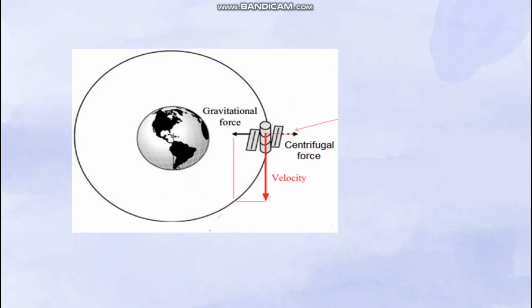This is the same case with the satellite. The gravitational pull provides the centripetal force, and the angular velocity which the satellite has in that particular orbit will provide centrifugal force, which exactly balances the gravitational force, and thus satellites remain in the orbit. So, satellites stay in a particular orbit with a specific velocity called orbital velocity. If it moves faster than this, then the satellite will fly off into space. If it is too slow, it will fall back to the Earth and burn out during the fall.